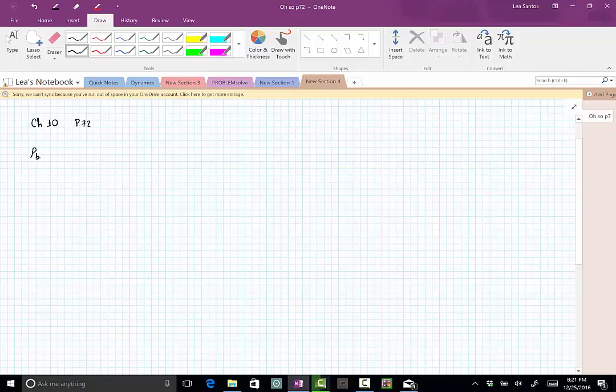So I'll call it density of B, density of the block. And they also give us the density of the mantle. So I'll call it density M. And the reason why this block, this continent is floating is of course because the density of this block is less than the density of the mantle. Okay? And they say, assuming that this continent has a certain thickness, estimate the height of the continent that is